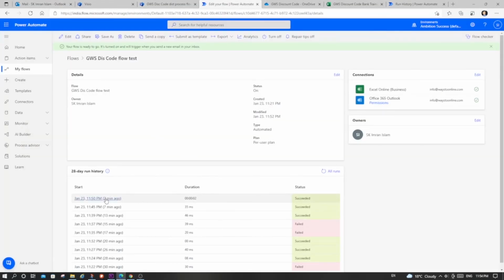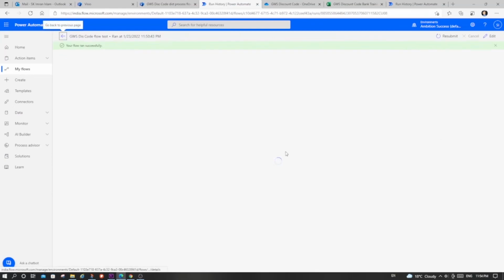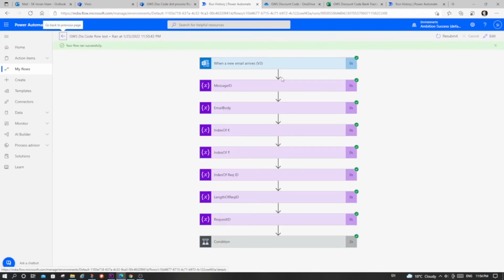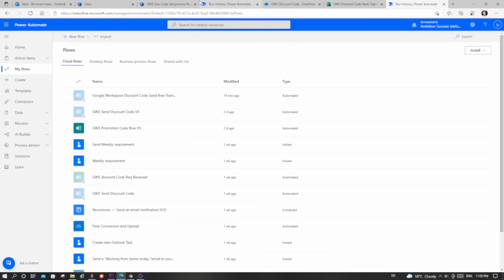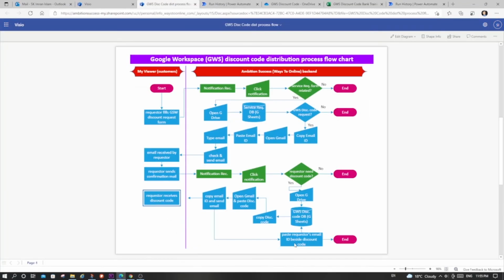And it is also showing success just a few minutes back, and everything is success. So as you can see, with these few steps I had completed from here to here,